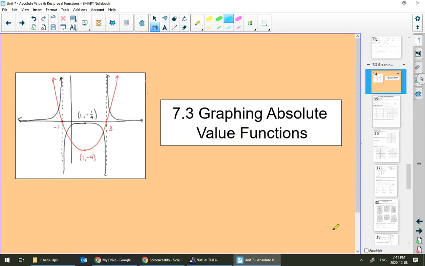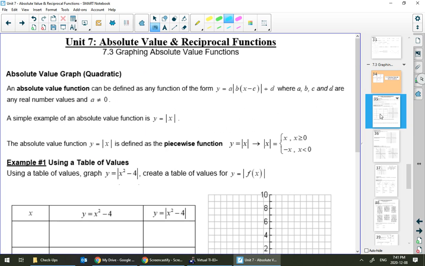Welcome back, guys. Today we're going to be taking a look at topic 7.3, graphing absolute value functions. Now, we've already looked at how to graph absolute value functions for linears. Today we're going to go one step further, and we're going to look at graphing absolute value functions for quadratic functions. So before we go into our examples, we're just going to do a quick review of our absolute value